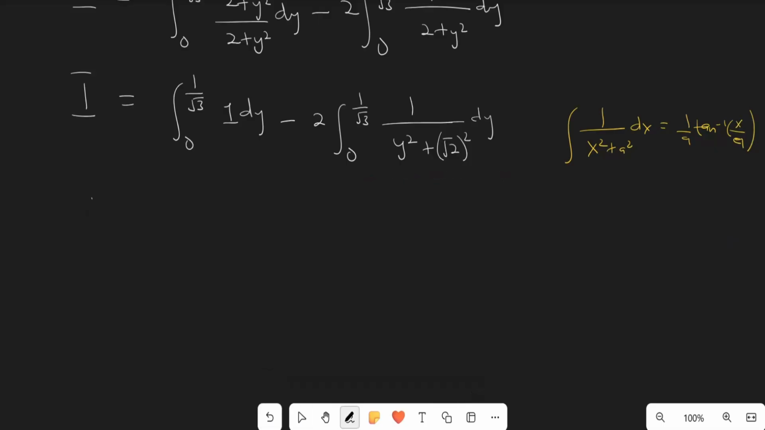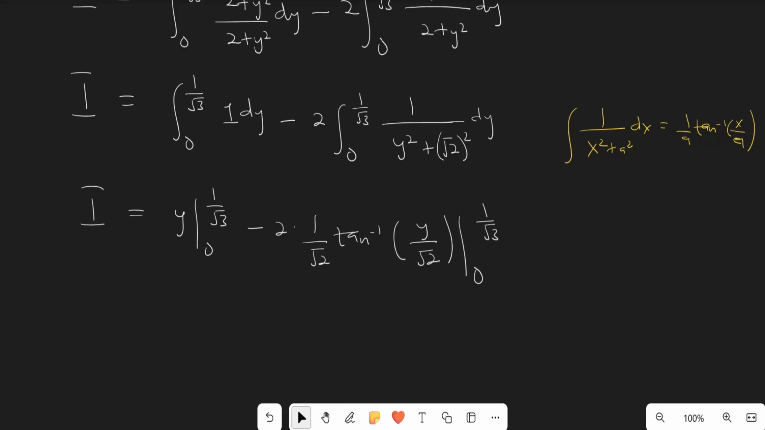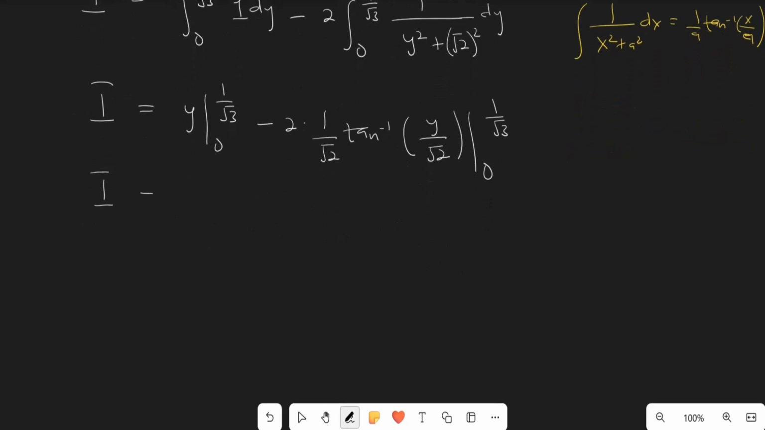Now we have I to be equal to, integrating this one is y, integral from 0 to 1 over the square root of 3, minus 2. Integrating this is 1 over the square root of 2, and then the arctan of y all over the square root of 2. The limits of integration from 0 to 1 over the square root of 3. I is going to be equal to 1 all over the square root of 3 minus 0, which is 1 over the square root of 3, and then 2 over the square root of 2, and then plug in the